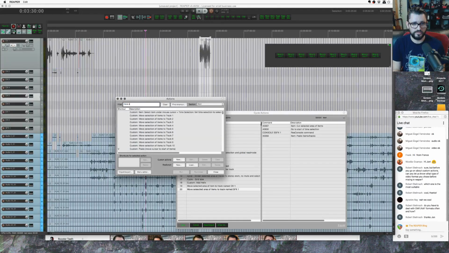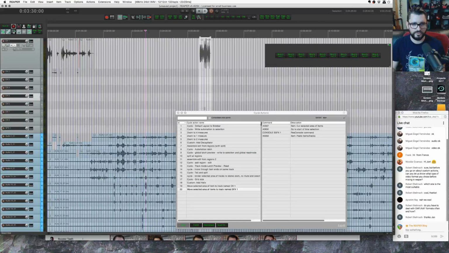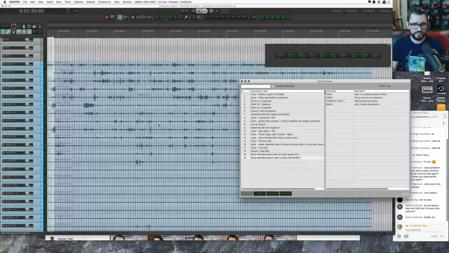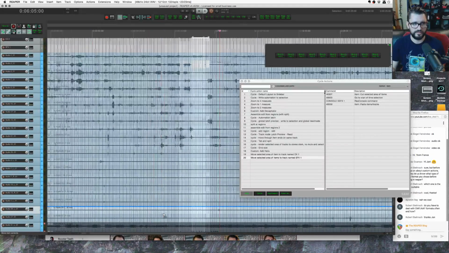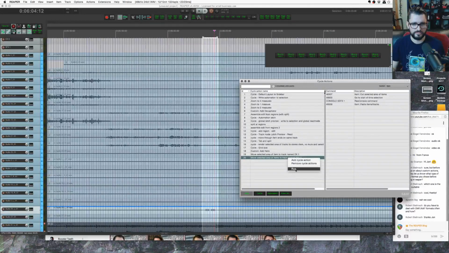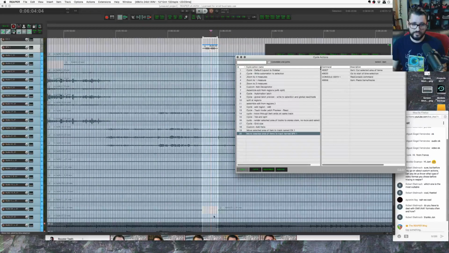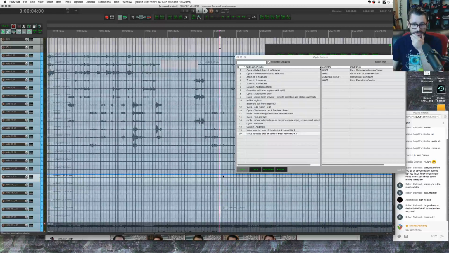So move SFX, move selected area. Spelled it wrong. Right. So where's an SFX thing? This is a phone ringing here. I'm going to run this, and that's put it onto the SFX1 track. I think that's a cool way of working. Downside is that it makes a hole here, and maybe that's not what you want. So I think we can make this even better